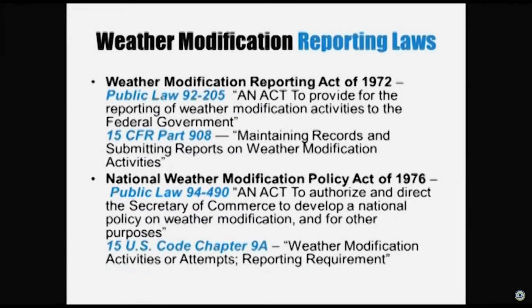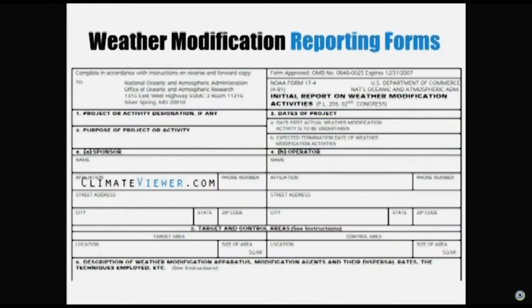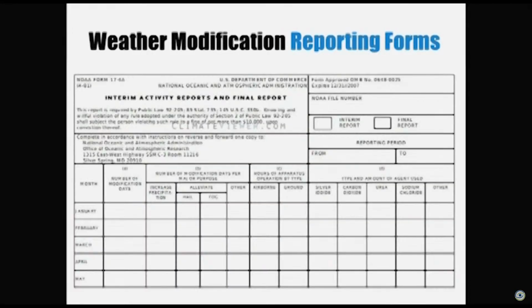Regardless, 2 laws were passed to finally get some transparency in the world of weather modification. The Reporting Act of '72 and the Policy Act of 1976. These required you to fill out these 2 forms. This is your initial report, and you basically say, I want to modify the weather. On this slide right here, they actually have a little checkbox that says, what kind of material are you using? Silver iodide, urea. That's fertilizer. I didn't know you could even do that. CO2, they do dry ice cloud seeding, so they don't mind dumping CO2 to modify the weather,